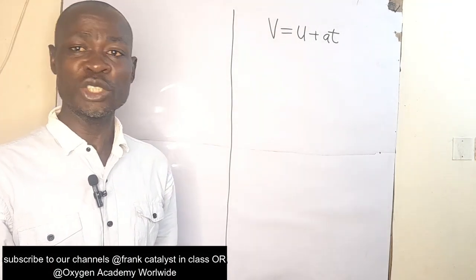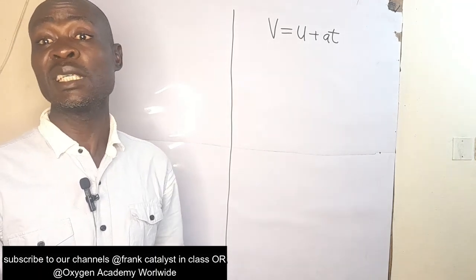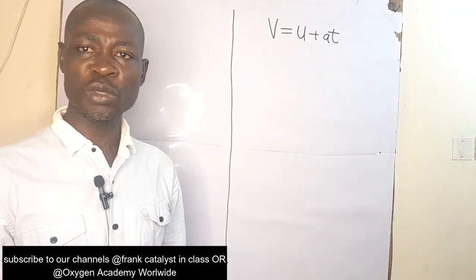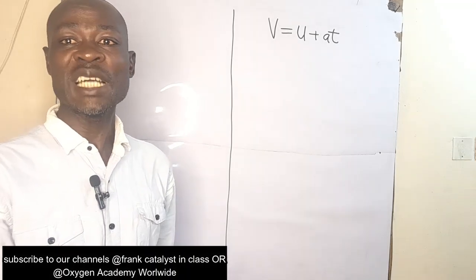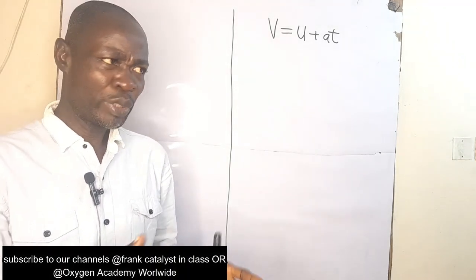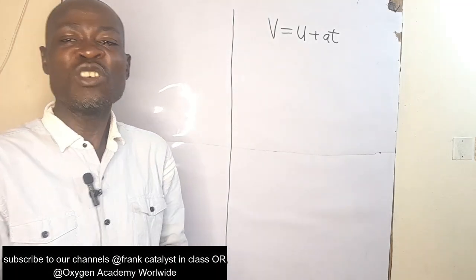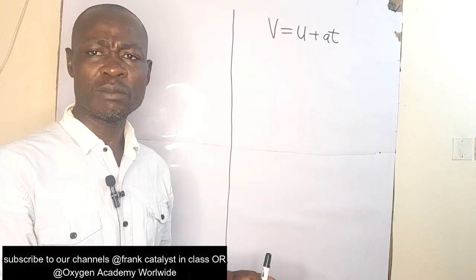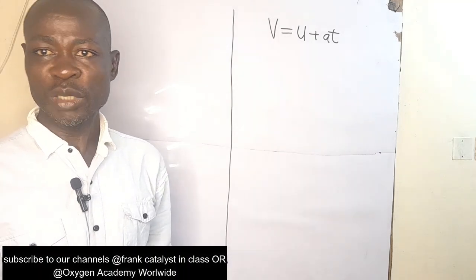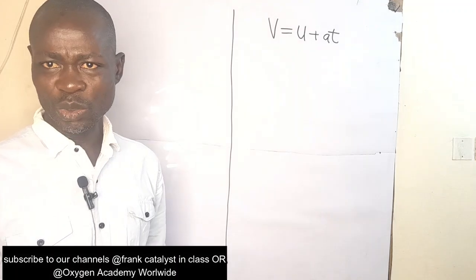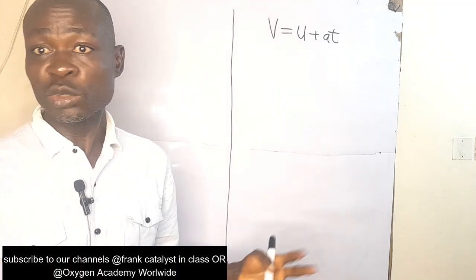Most of the equations that students see in class, they don't know where those equations came from, and it becomes a big problem when it comes to understanding even a simple concept in physics. Not properly understanding where an equation is coming from is very disturbing to students, because they just depend on cramming those equations and then using them to solve problems.